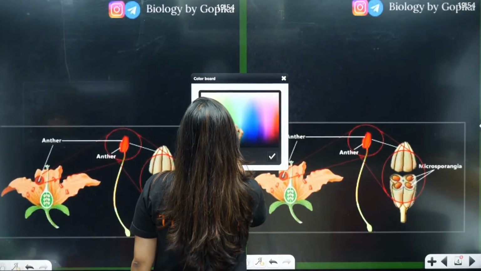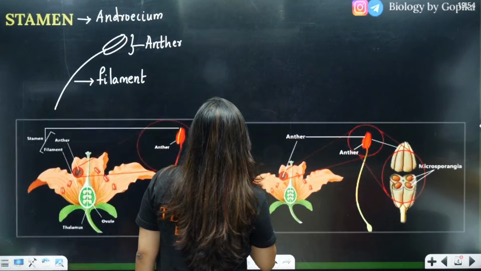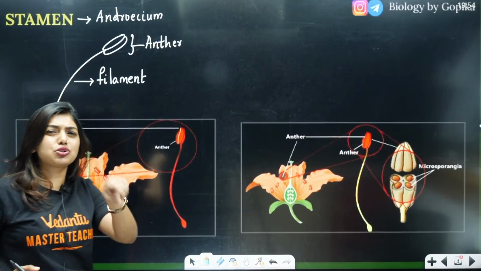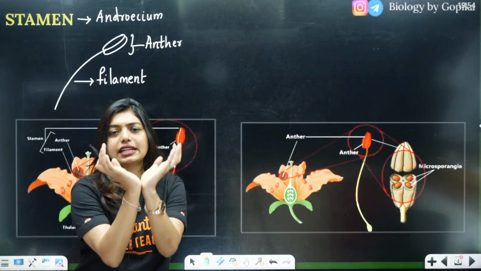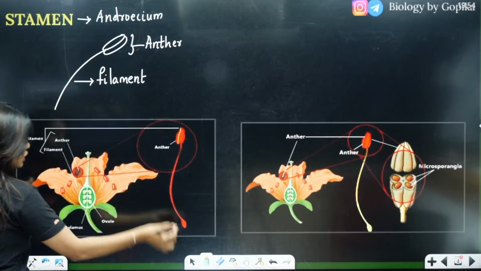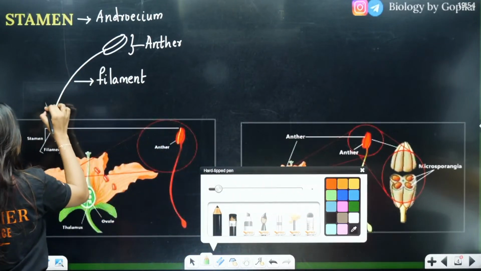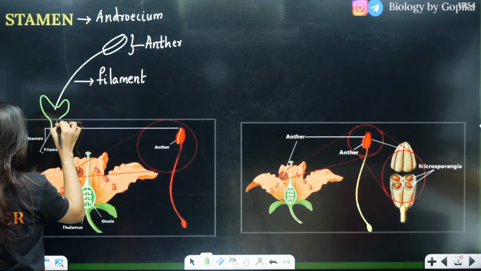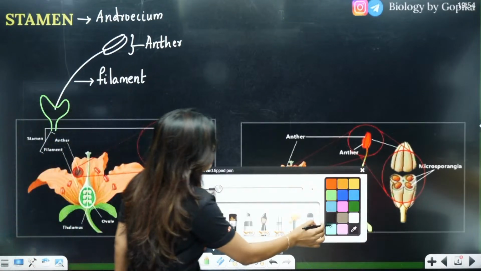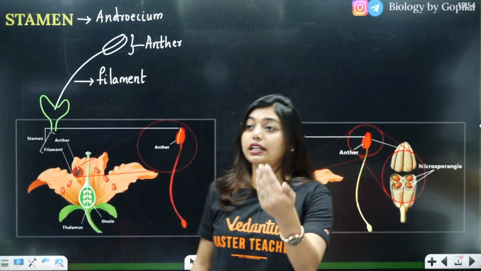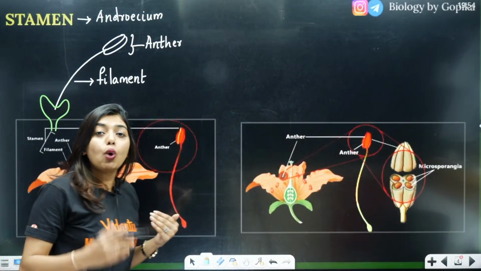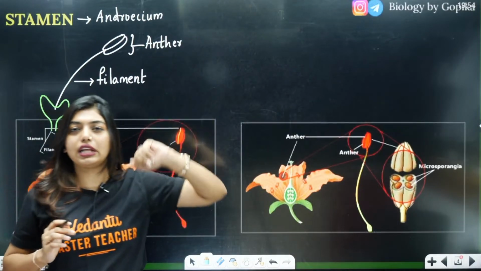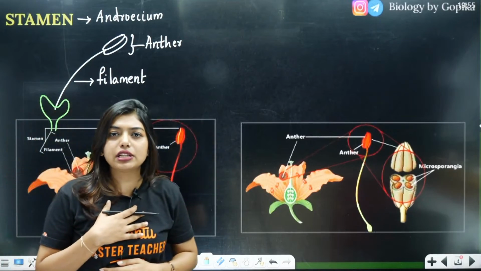Yes, now, students, let me tell you one more important thing. What is the important thing? When I say this filament, the filament can be attached to a petal. Now, let's take the filament is attached to the thalamus, right? The swollen part which I spoke about is your thalamus. Okay, this is your thalamus which I am attaching your filament to. Now, there are two words which are mentioned, and maybe in your KCET it can be asked in the MCQ part. That is, what is in the proximal end of the thalamus and what is in the distal end of the thalamus. Now, all of you tell me, proximal means what?